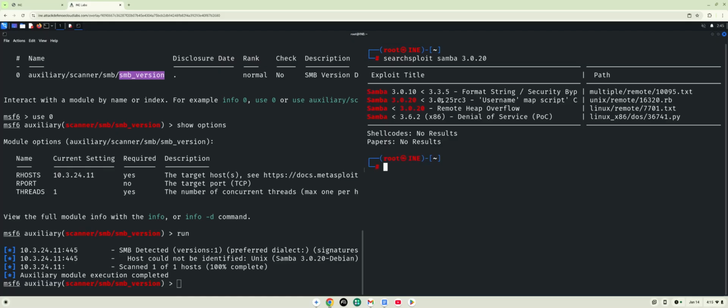Okay, so we got about two that are specifically related to the vulnerability that I'm trying to target here. So I want a Metasploit related module. Let's see. So I believe this one is the Metasploit related module. Okay, so